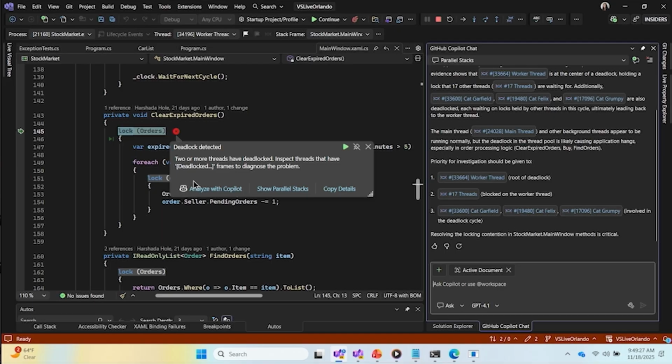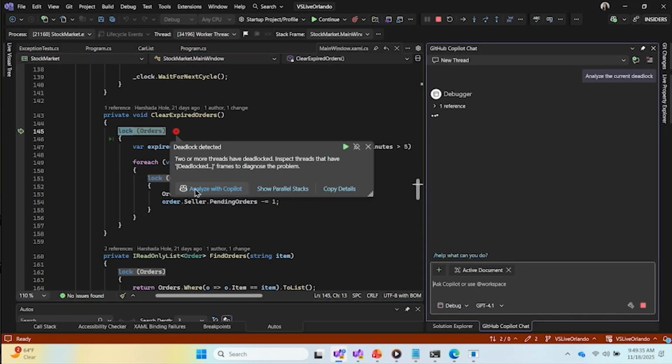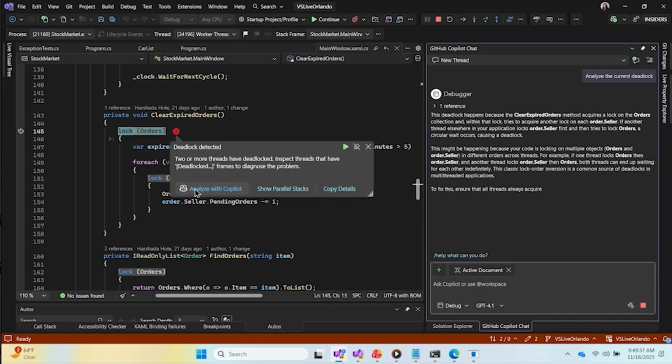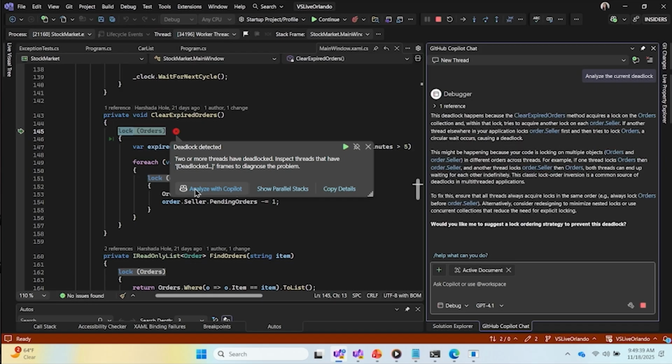So again, it is a very easy way to understand this diagram if you're not very familiar with it, to see what is going on in that diagram. Now I'm going to close this and go back to this deadlock detected here. Similar to our previous example, we also have this analyze with Copilot option. Once I click it, Copilot has all the context of this hang or deadlock situation,